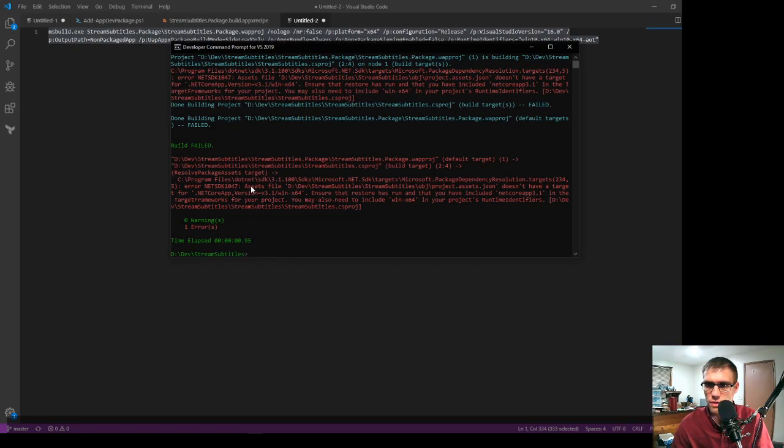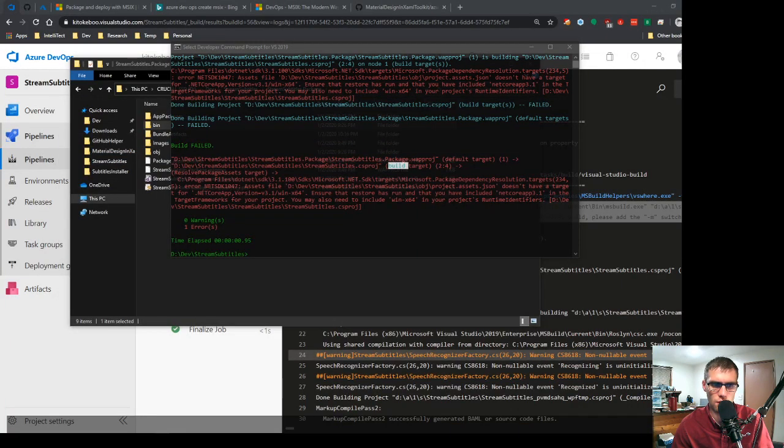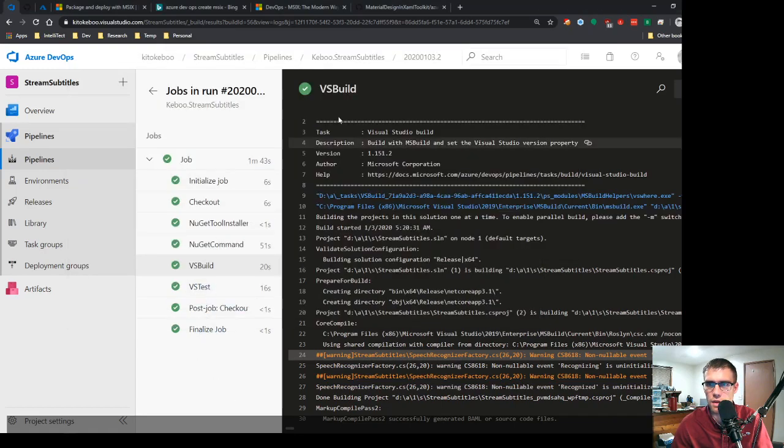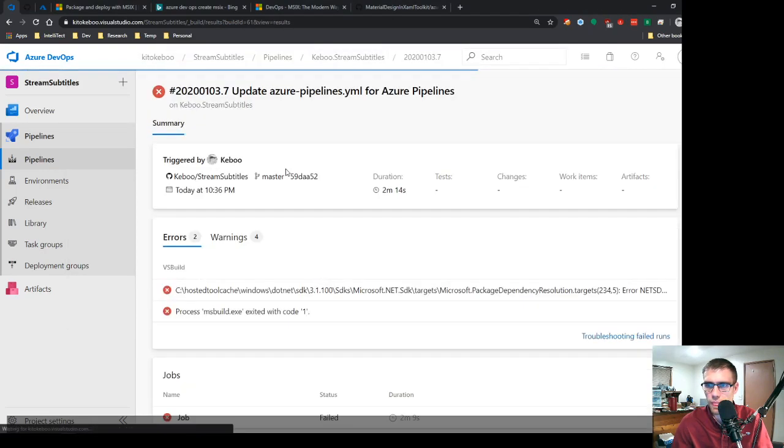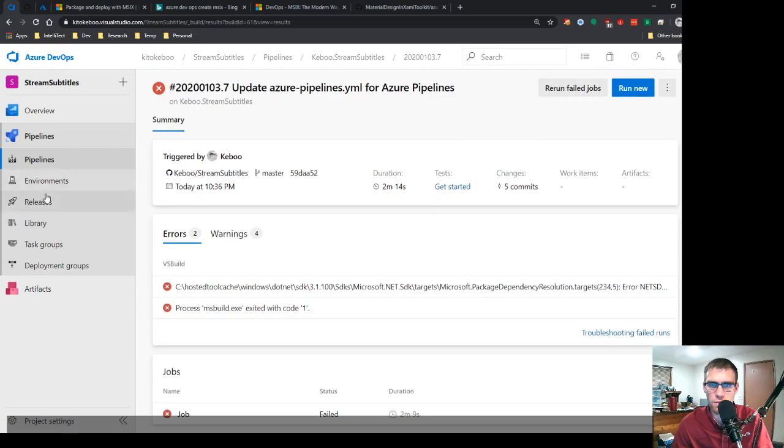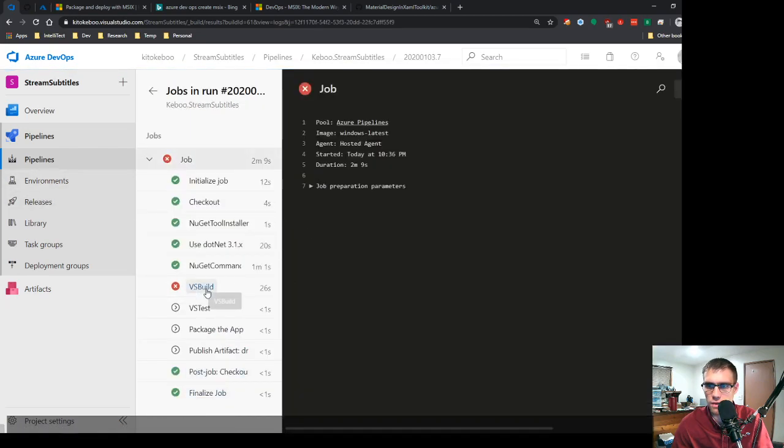I'm wondering if we need to do the default target, build target. I am confused. Why would this not? This should have the... okay. Ensure the restore has run and you've included .NET Core app in the target frameworks for your project. Let's see. Yeah, that's there. Let's just jump back here. Build failed, somewhat expectedly,